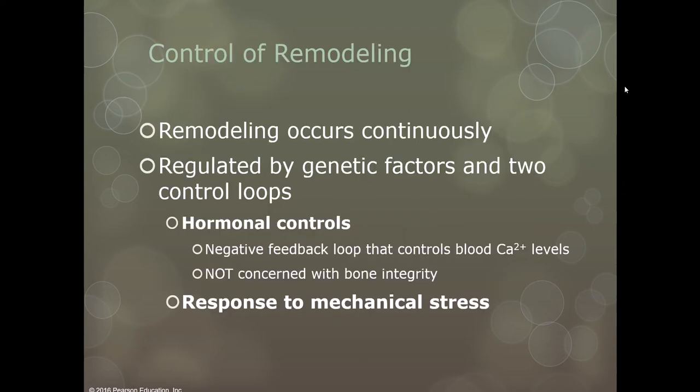So remodeling occurs all the time. As you sit here listening to this lecture about remodeling, your skeleton is remodeling itself. But really there are two control mechanisms that determine when and where remodeling occurs, if remodeling occurs. So there's a hormonal control, and then there's mechanical stresses. So the hormonal control uses negative feedback, and the hormonal control is based on regulating blood calcium levels,